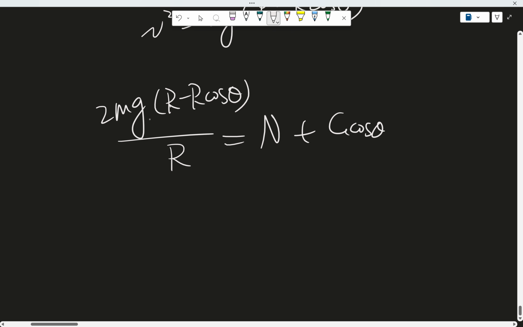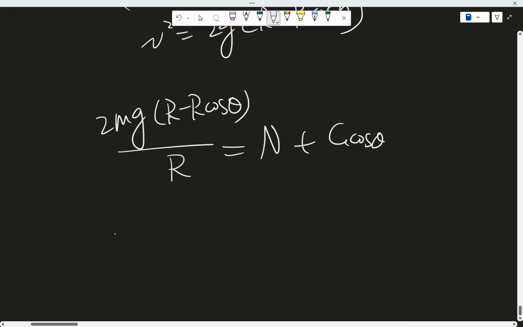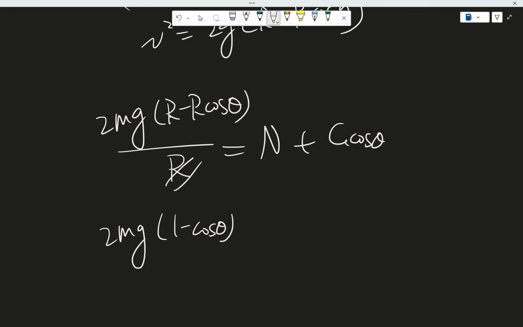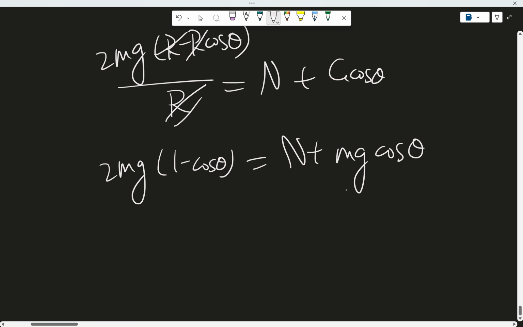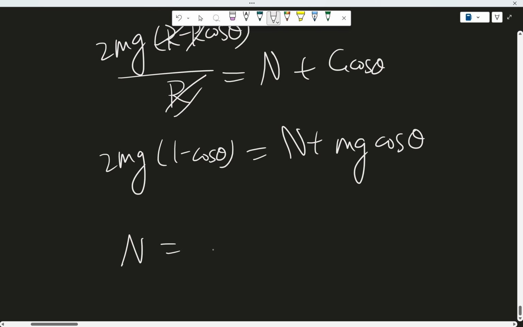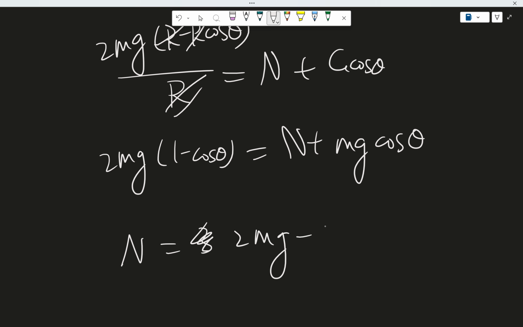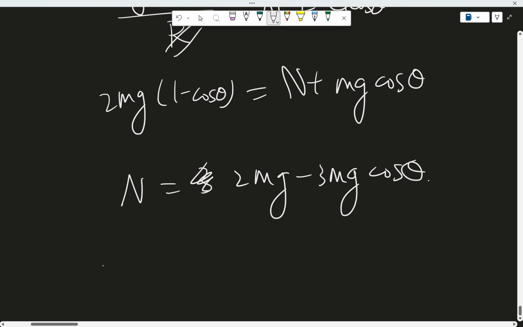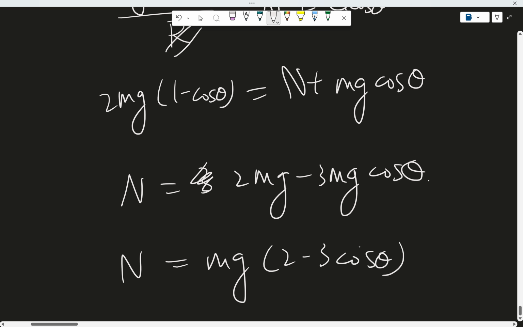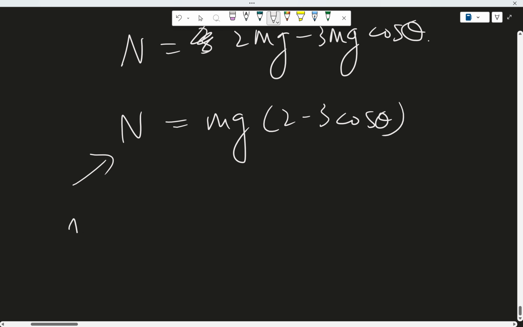And then this r, we can cancel it out, so we have 2mg(1 - cosine theta) equals n plus this g would just be small mg cosine theta. And so now we get the expression for the normal force, which is n equals 2mg minus 3mg cosine theta. Rearranging a bit, we get n equals mg(2 - 3 cosine theta). So this is the normal force